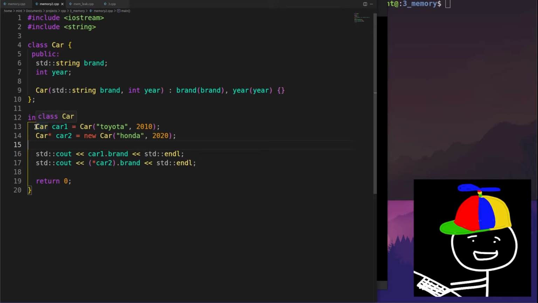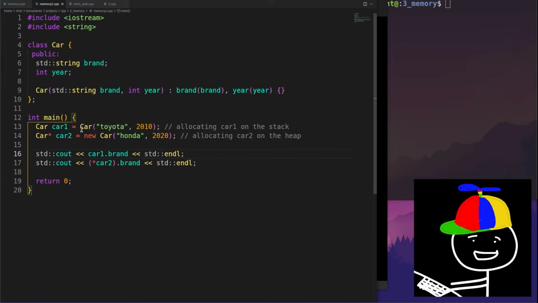So in my main function here, I'm showing two ways of declaring or creating a new object. This first way is going to be allocating car1 on the stack. The second way is allocating car2 on the heap. I think I can probably draw a diagram illustrating what is going on here.